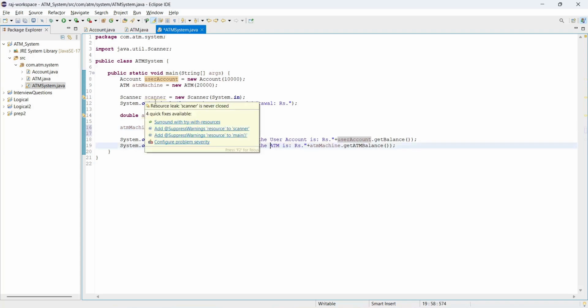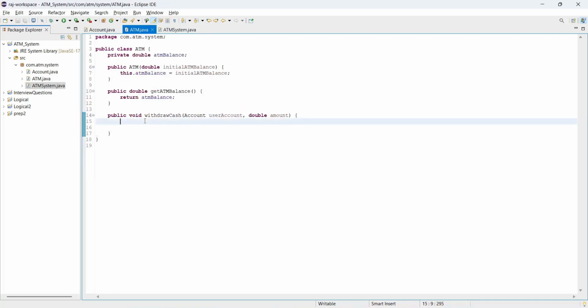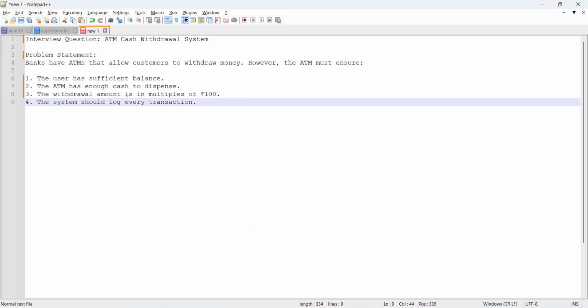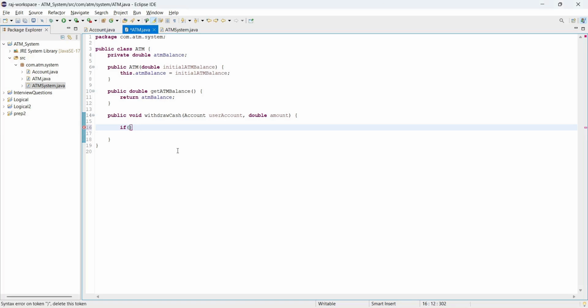And one more thing is we have to close the scanner also. We can do it now only. Scanner close. Okay, now here I can write the logic for withdrawing amount from the ATM. Before that we have some conditions like amount should be multiples of 100, and the ATM should have enough cash. So what we can write: if amount,